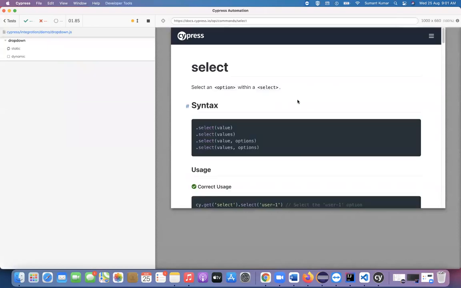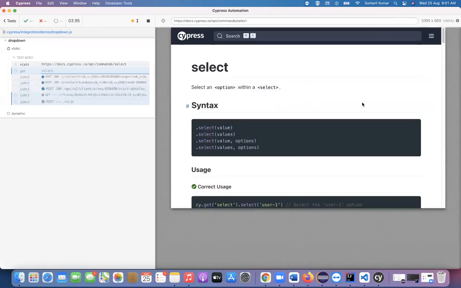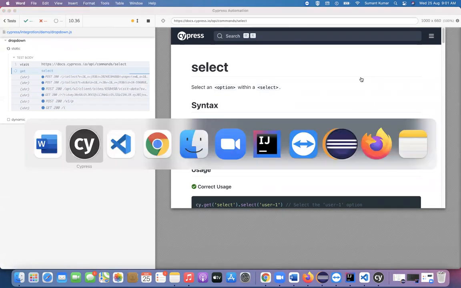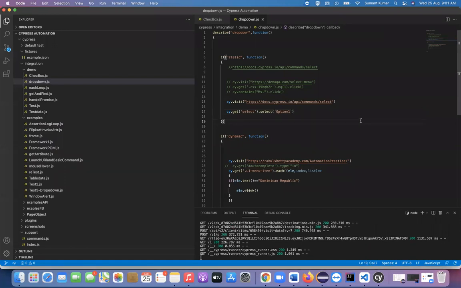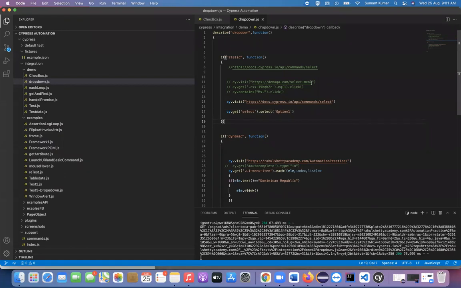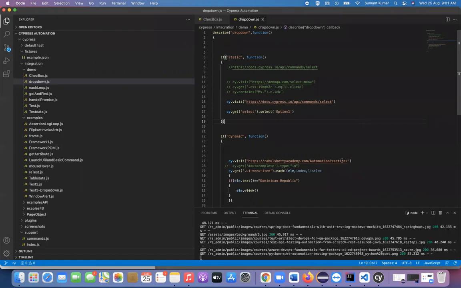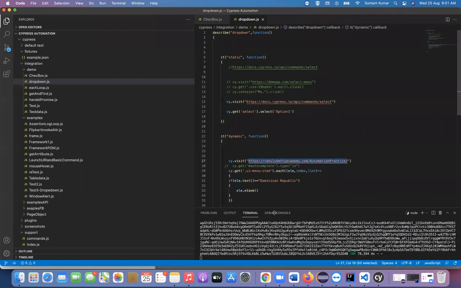Drop down. Okay, I've used a wrong URL. I have to use this one.